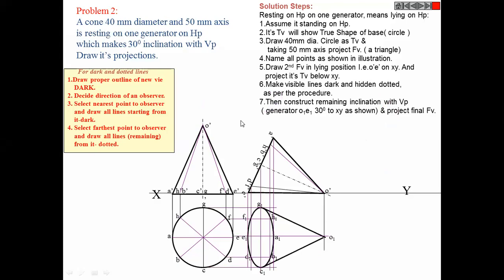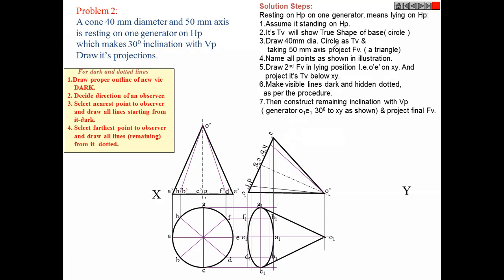Okay, and that is the point. Now here, the dotted line rule. Is there any dotted line? First of all, we will be seeing from here. For generating this view, we are seeing from here. So what is the near point? This A point. It is visible. Now you can actually see all the points. There is no point such that you are seeing through solid. This is a solid hole, so there is no point that you are seeing through solid. So every line will be a solid line. There won't be any dotted line in this case. Okay. So this was the second case.